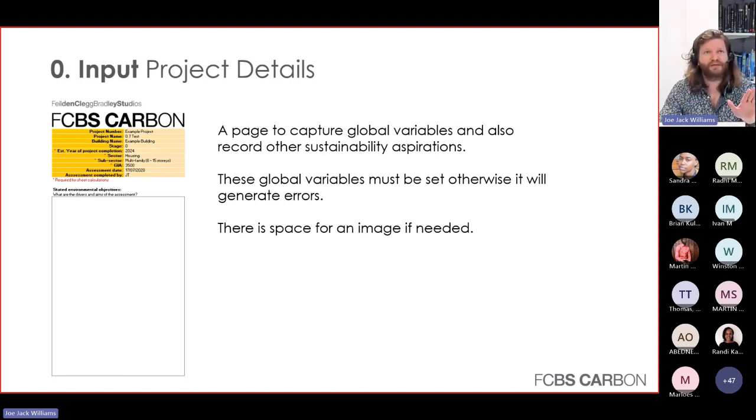So fill in those four bits, then move on to the next bit, and then move on to the next bit. And the one that's public release has only got, I think, 3 sectors in there. So housing, offices, and education. If you think of offices as just being non-domestic, that's probably the way to do it. So if it doesn't fit into any of those sectors, probably just pick offices and you'll be fine.